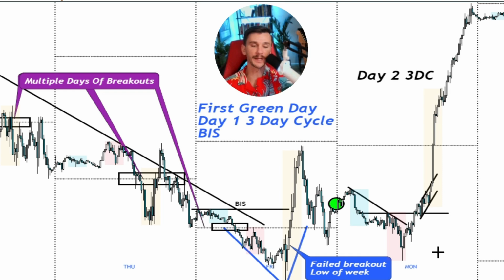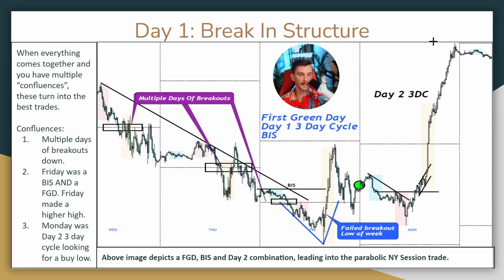Day 2 of the 3-day cycle on Monday, also the opening range, going vertical back through the high, not only of Friday, but it looks like it went back for the high of the previous week as well. There's multiple confluences with this. You're trading away from the peak formation. So peak formation low, they spike, they make a higher high, and you can very clearly see the 3 pushes back down into the low, 3 pushes into the open of, or the end of London,